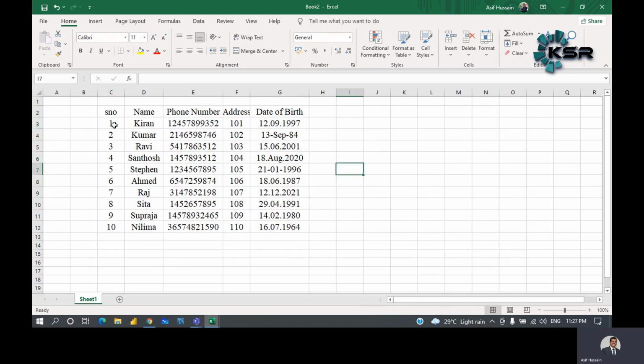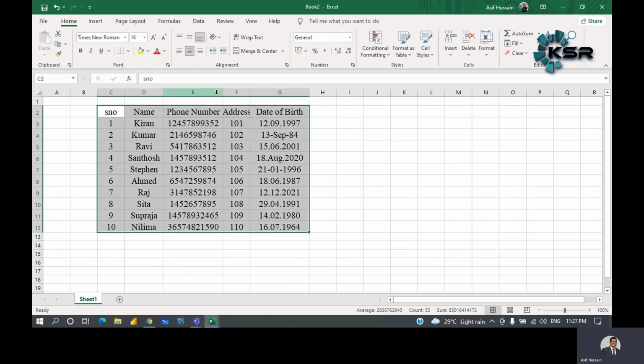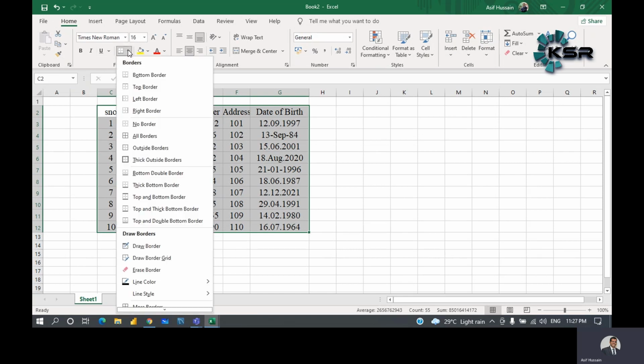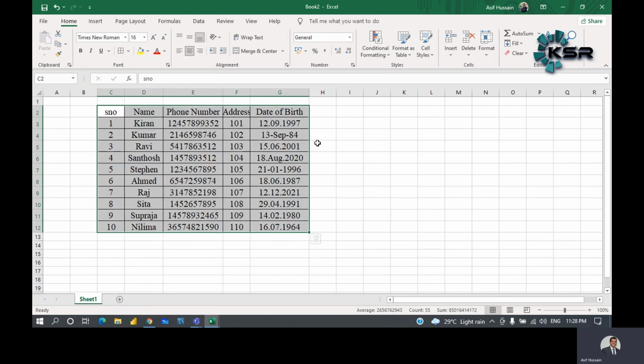Here you don't have borders, or lines visible in between the data. So you want to create a border and see the lines. This is called the border section. You can do only the bottom border, or the top border. The images are also seen here. Left border means the border will come only to the left. Now I want a border for the complete data which I have selected. So click on all border. Now see, everything has come in a border way. I hope it is visible.